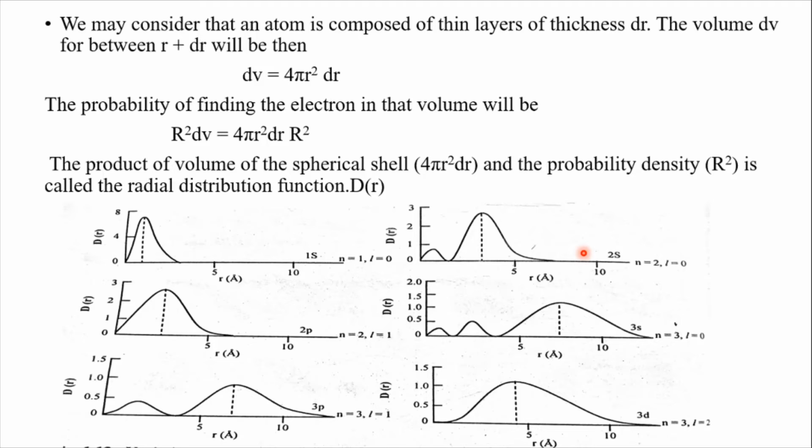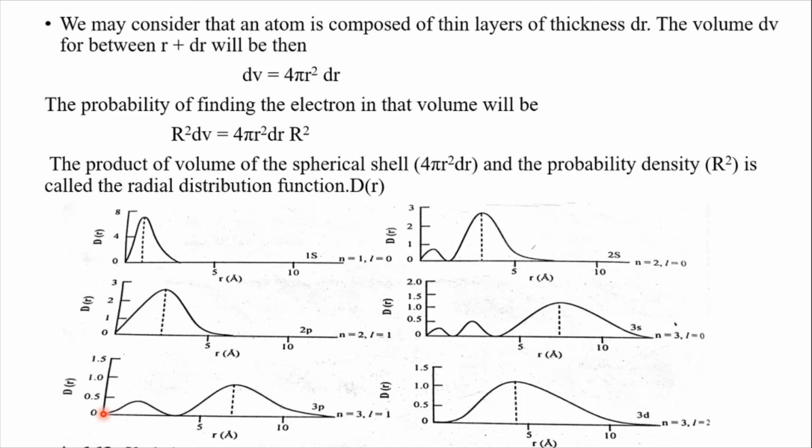So why is it so? Because here we are taking the r square. Therefore, each and every square is always positive, and that is why all these curves lie in the positive quadrant. The next observation is that at r equal to 0, the probability of finding the electron is 0. This is the probability, this is the radius. At r equal to 0, the probability is 0. This shows that there is no existence of electron at the nucleus. This is the first observation.